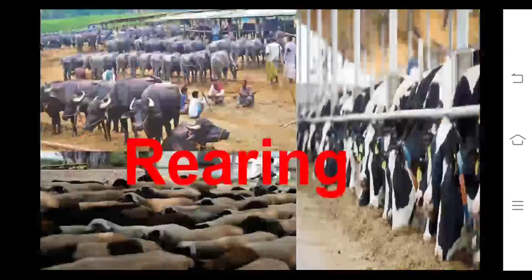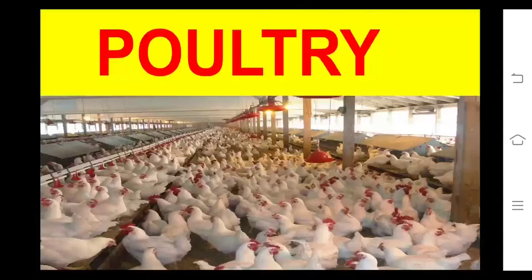Along with that, we can also see agricultural activities like rearing of cattle or dairy, rearing of buffaloes, rearing of sheep and rearing of cows. You can also see this is poultry. Poultry is another agricultural activity, rearing or taking care of the hens.